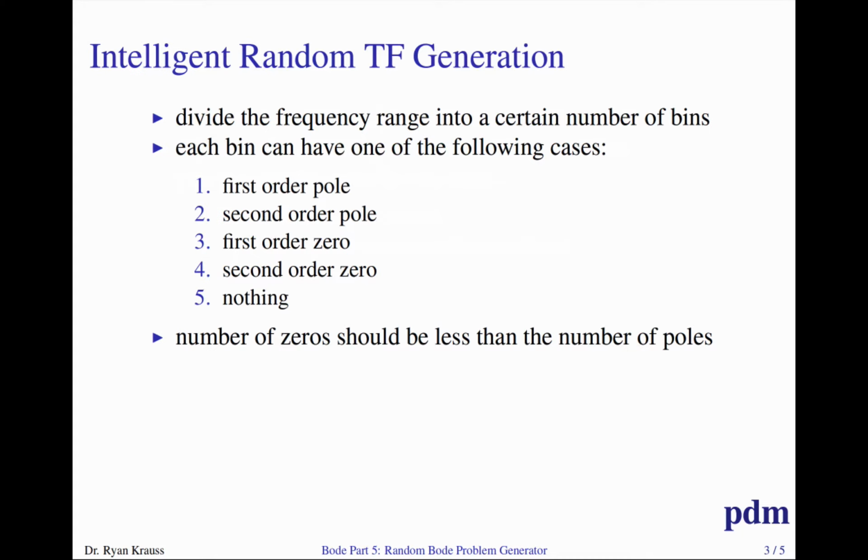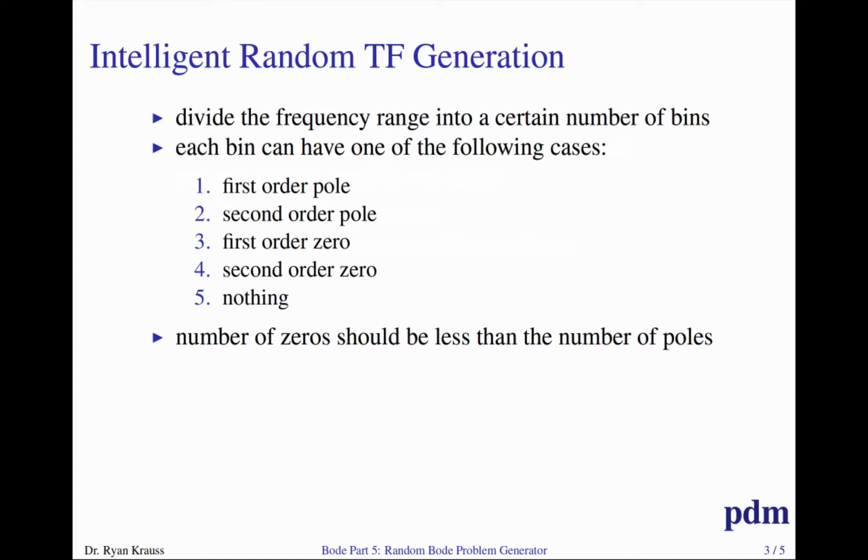So the way that the intelligent random transfer function generation works, I just don't think it's helpful if you've got a lot of poles and zeros on top of one another when someone is first trying to learn Bode analysis or Bode system ID or whatever. Like I said in an earlier video, especially early on when you're trying to learn stuff, it's more helpful if the poles and zeros are well spaced. And so I divide the frequency range into a certain number of bins, and then each bin can only have